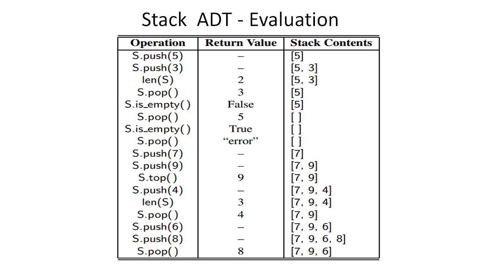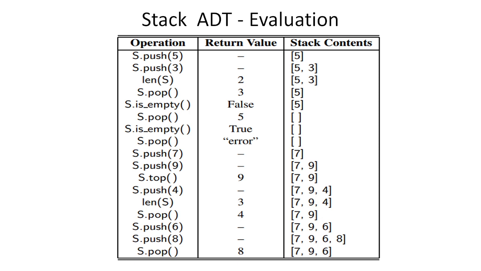So while you're imagining the stack as an ADT, these are the 5 minimal operations which we can have. Of course, if we want to have more methods, we can have them. It depends on our need. So this is an ADT evaluation which shows some of the operations and how the result would be in the stack and what the stack would be returning.